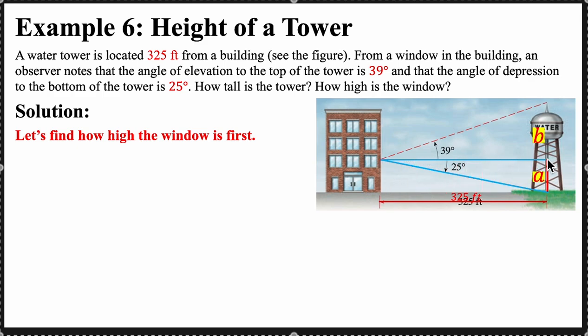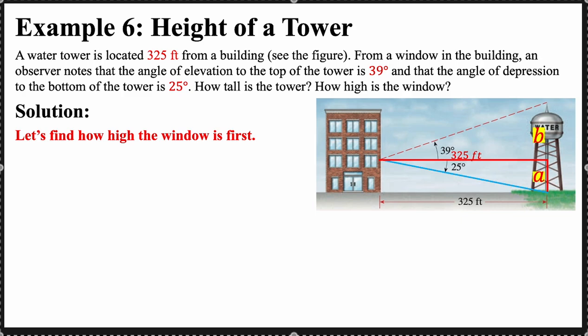So what we're trying to find is the side length A here. So what else do we know? Well, also we know this horizontal distance from the bottom of the tower to the building is 325, which means it's the same length from here to here. So what we're going to look at is this bottom triangle right here